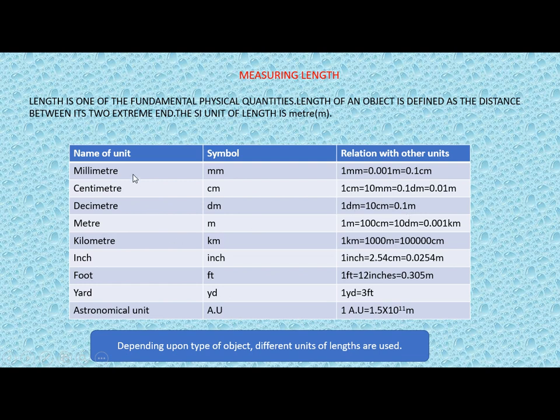There are many others, and you should learn all these units of length, because these are very useful in our everyday life also. Like 1 foot. What is 1 foot? It is represented by the symbol ft, and its value is that 1 foot equals 12 inches, and in meter it is 0.305. So this table is very important, you all should know this.